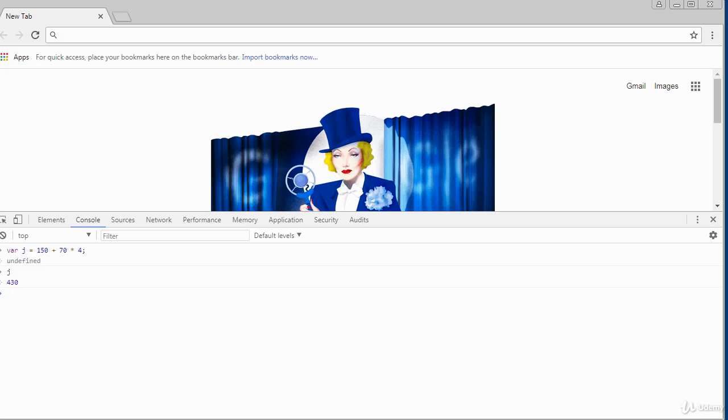If you wanted the addition to be done first, all you need to do, come here, do variable J, and I'm going to set that equal to, I'll do a parentheses, I'll type in 150 plus 70, and I will close the parentheses. So what that does, it will do the addition first because I've wrapped it around the parentheses, which gives it a higher order. And then I can now do the